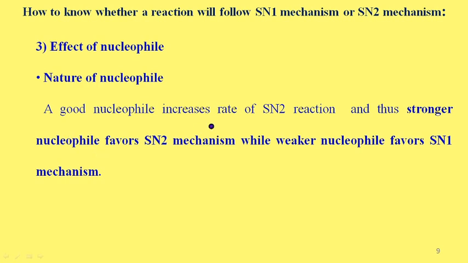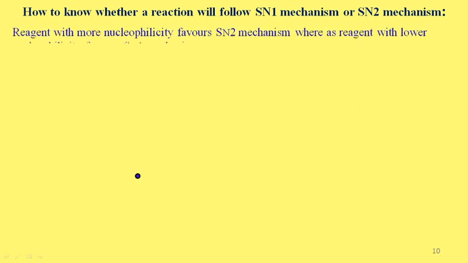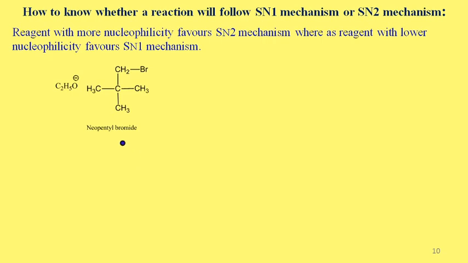Generally, a good nucleophile increases the rate of SN2 reaction, and thus a stronger nucleophile favors the SN2 mechanism, while a weaker nucleophile favors the SN1 mechanism. This means if a nucleophile is stronger, it prefers to react by the SN2 mechanism, while a weaker nucleophile reacts by the SN1 mechanism. For example, if we consider the hydrolysis of neopentyl bromide, first we can see the strong nucleophile,